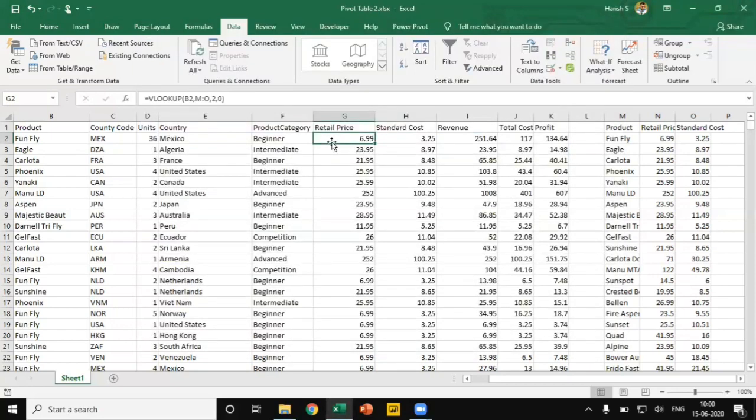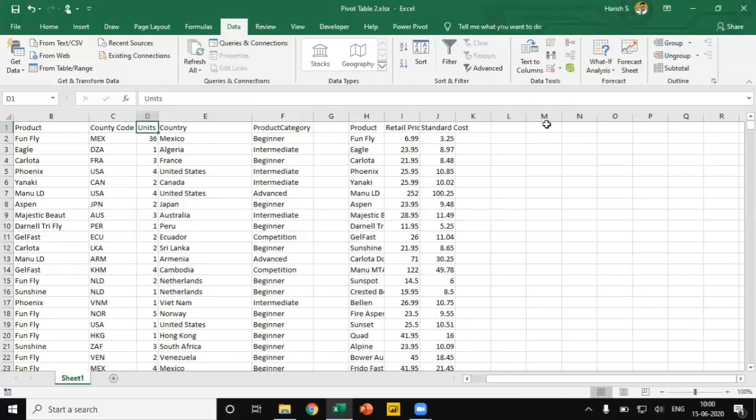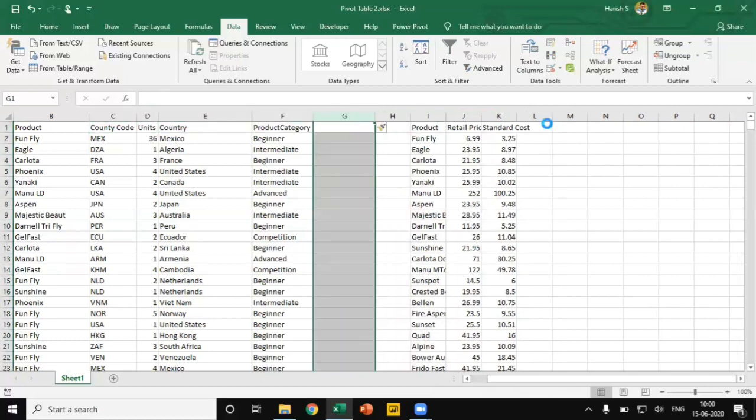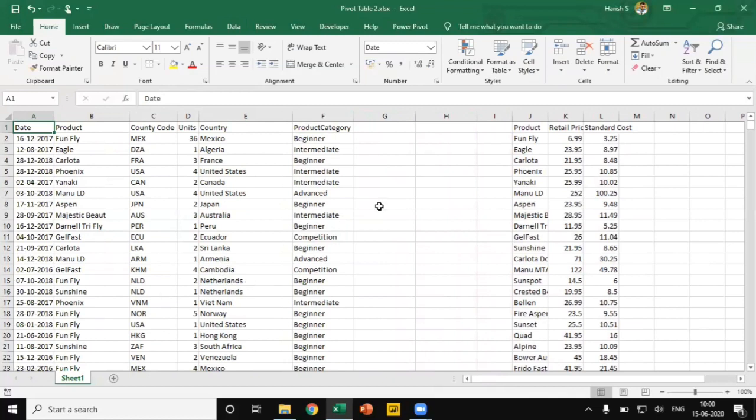Now I'm going to calculate the same thing using DAX calculation. I'll just select all the columns and then remove. I'll add a gap. First convert this data into a normal table.